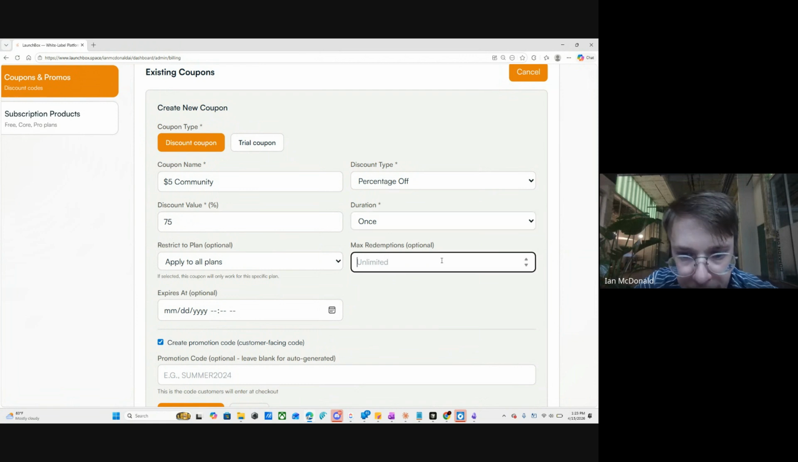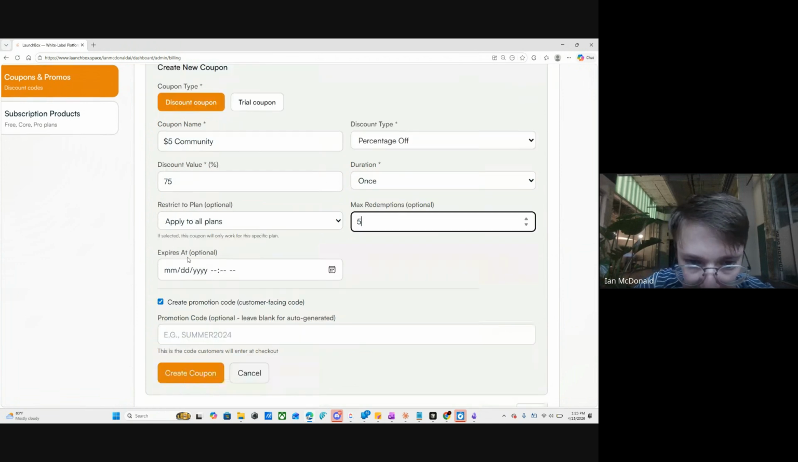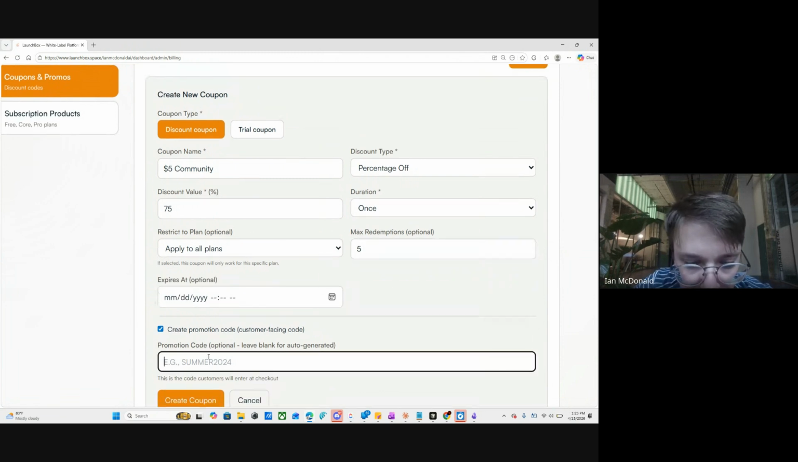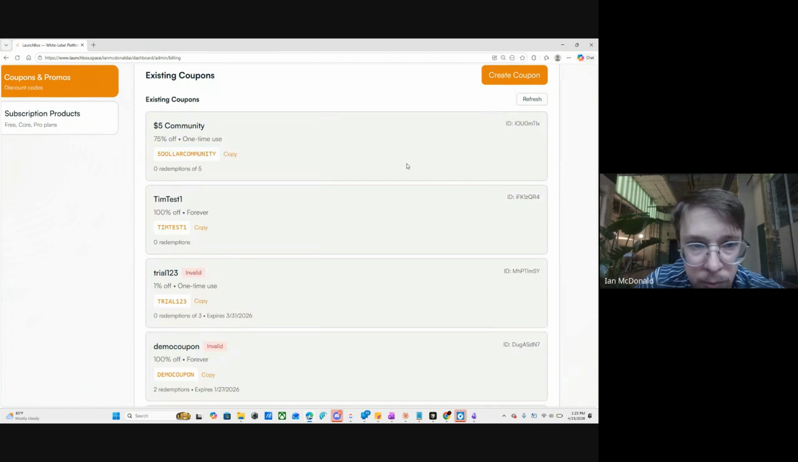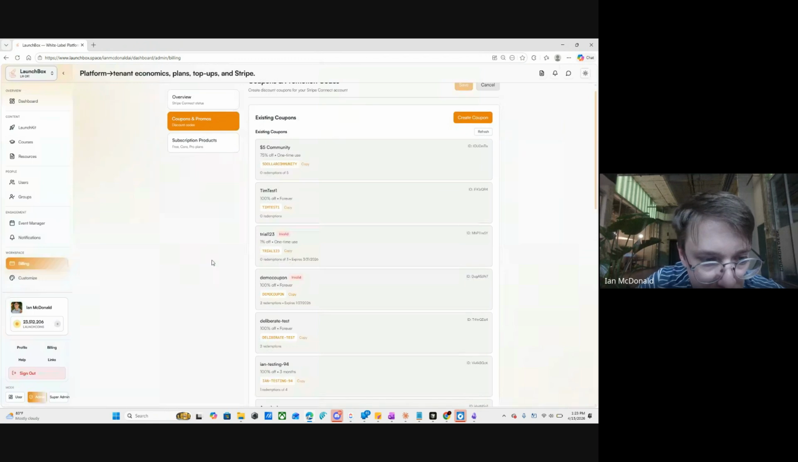And then here she could say, I only want to have this coupon available for 5 people. And she could set it to expire if she'd like to. And then down here, she's going to create a promotion code. It's all one word in all uppercase. So let's just call it $5 community and then create coupon. Then whenever people are on her checkout page and they're choosing that monthly option,